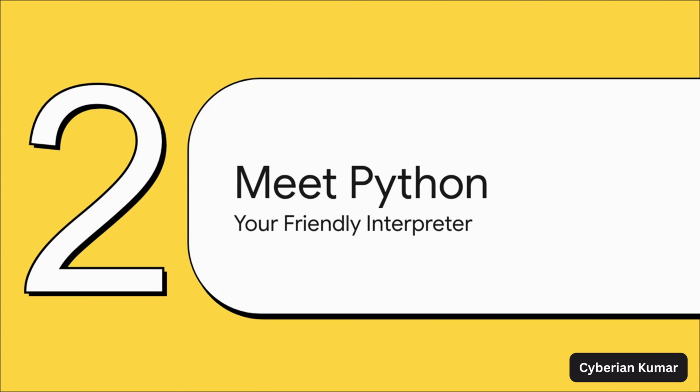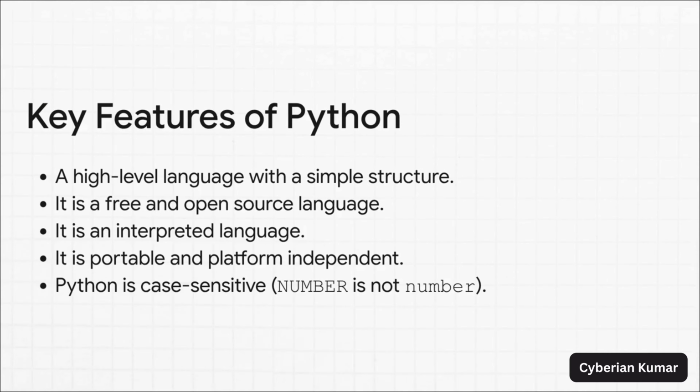It's one of the most famous and widely used programming languages in the entire world, Python. So why Python? Why does everyone love it so much? Well, for one, it's famous for being readable. The structure is simple, it almost looks like plain English sometimes. It's also totally free, it runs on pretty much any computer you can imagine. And, this is important, it's interpreted, which makes learning it really interactive and fun.